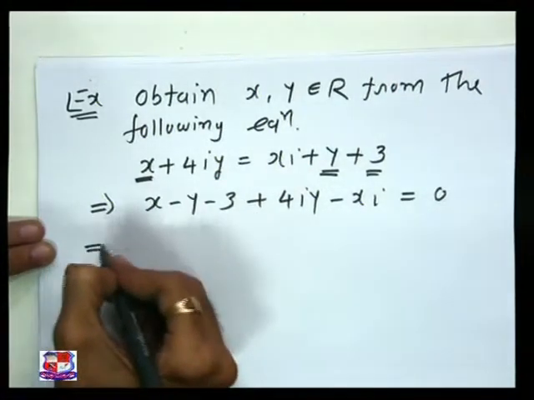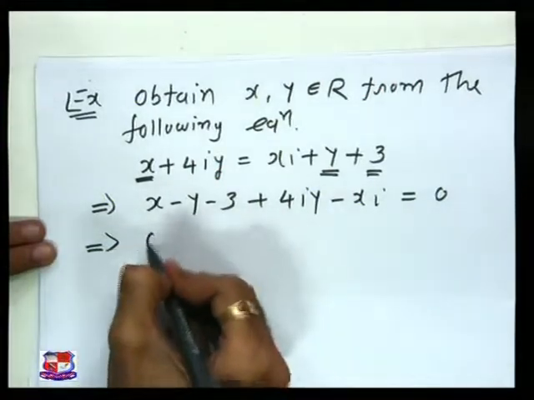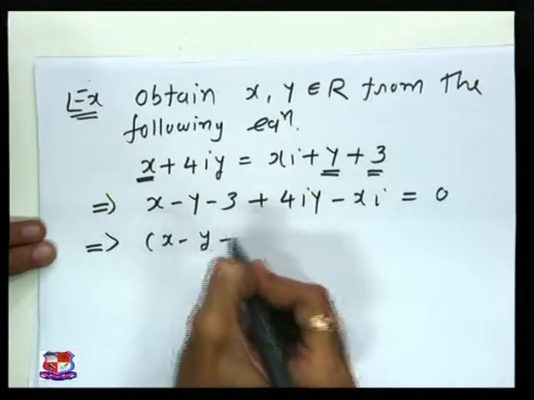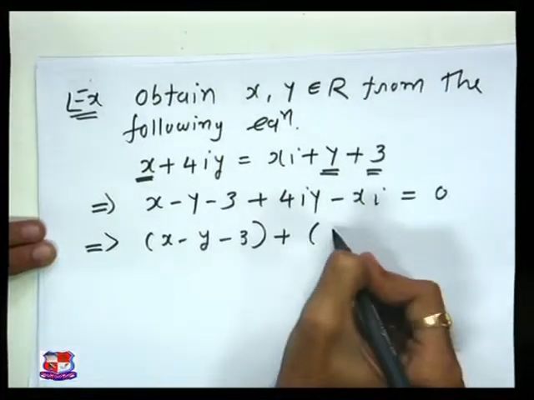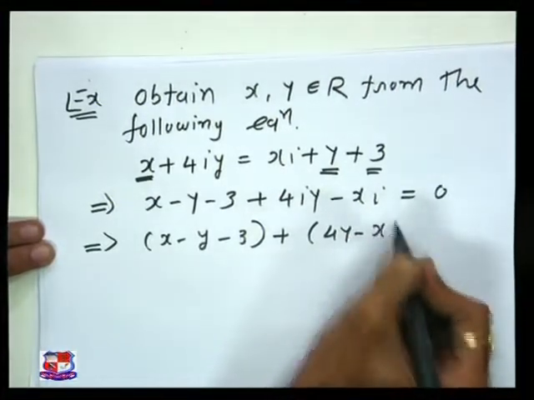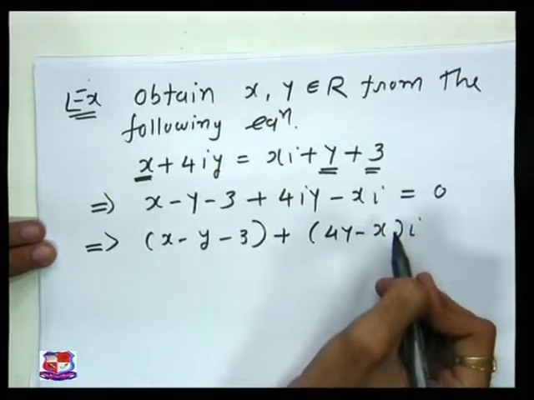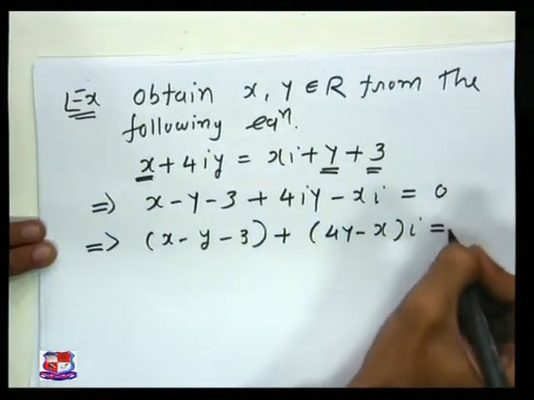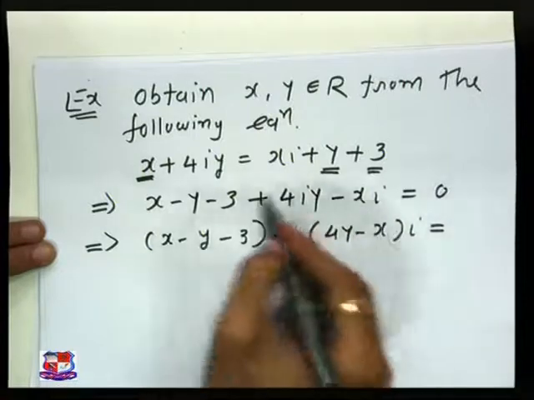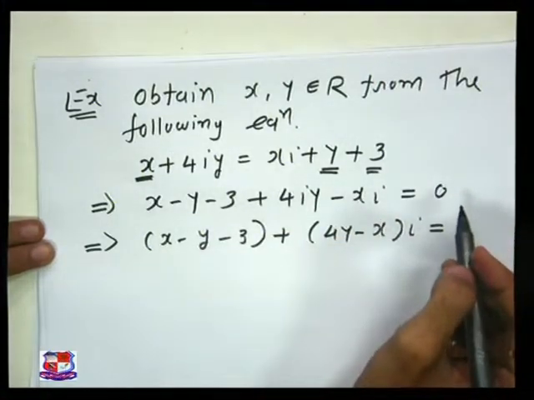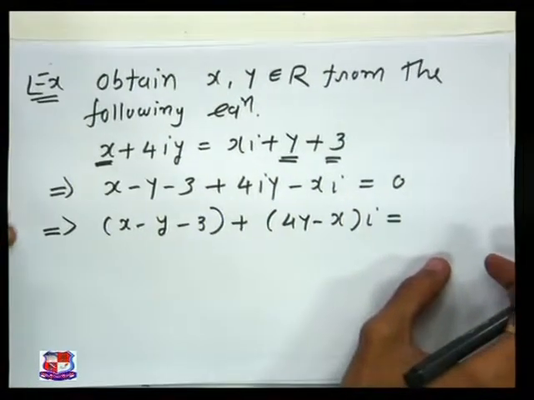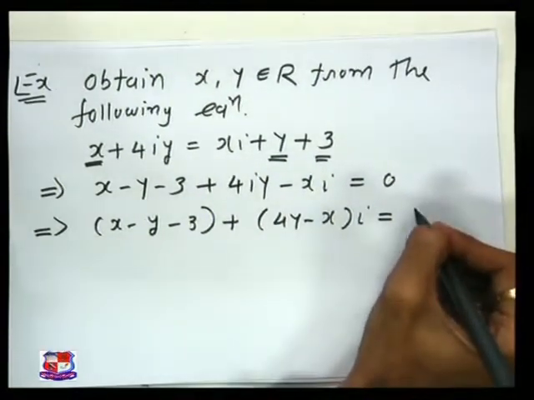By simplification I will get (x minus y minus 3) plus (4y minus x) into i, and that is equal to 0. On the left hand side this is a complex number and on the right hand side we have 0, but we remember that we can write 0 as